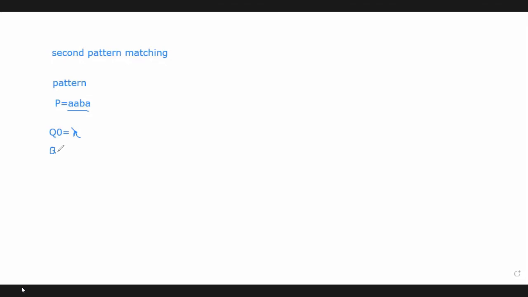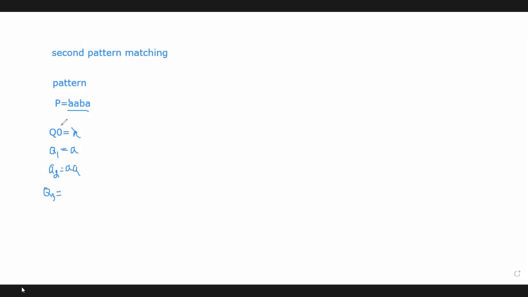So now the first substring will be stored here. We'll denote the first substring as state Q1. If we only take the first character, then Q1 equals A. This is the first substring of the pattern, or state Q1. And what about Q2? What about the second state of the pattern? AA. Very good. And what about the third one? AAB. We are just creating substrings of the pattern.